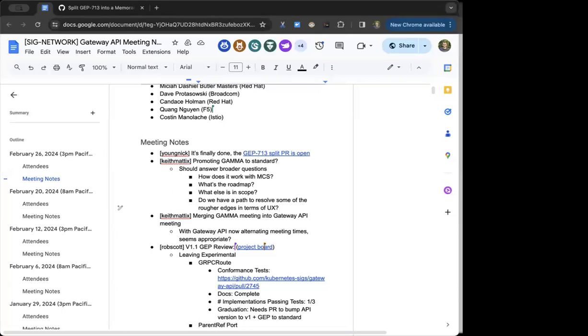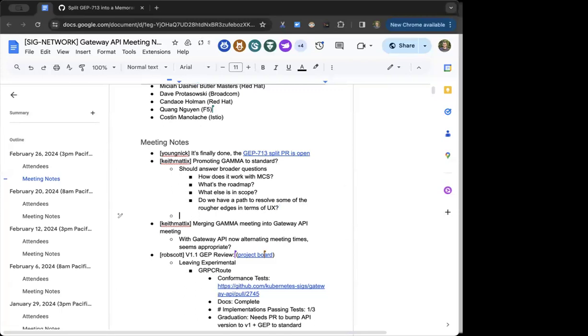I think some more clarification as to its status would be helpful, since we are closing on that 8-month mark, and implementations and users alike can get some clarity on where that pattern is. So that's one thing. The other thing is, Rob, to your point about SIG Network reviewers, there's a